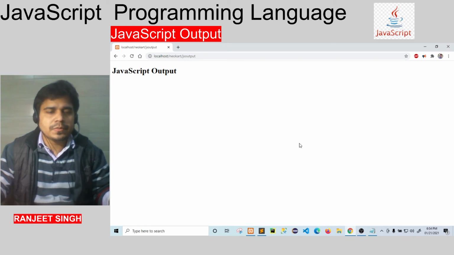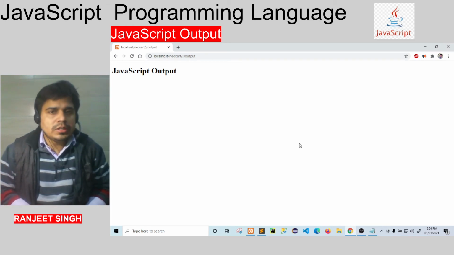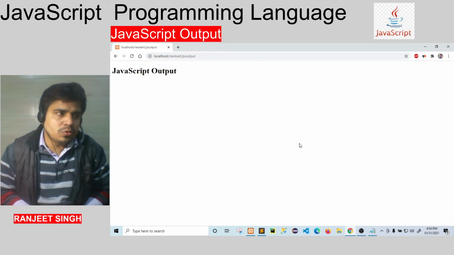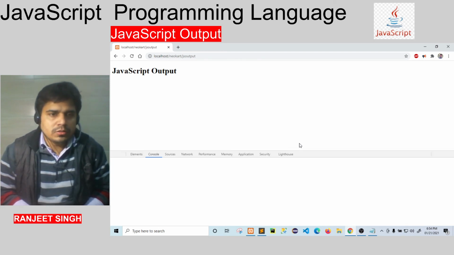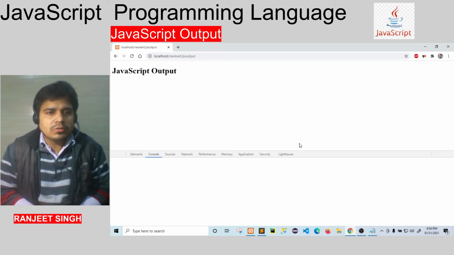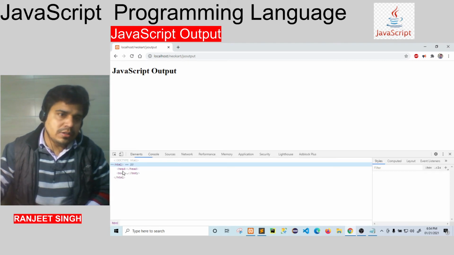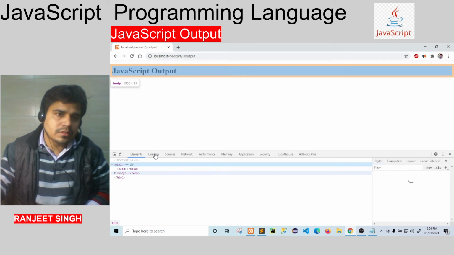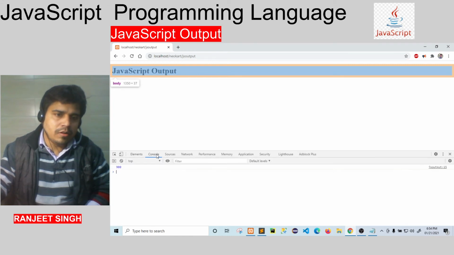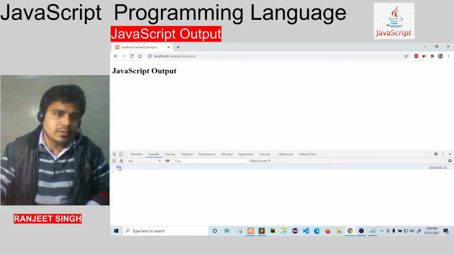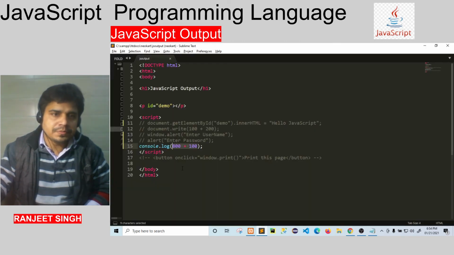Console.log is basically used for the browser console. You can see that in the console it is showing 900, which is 800 plus 100.